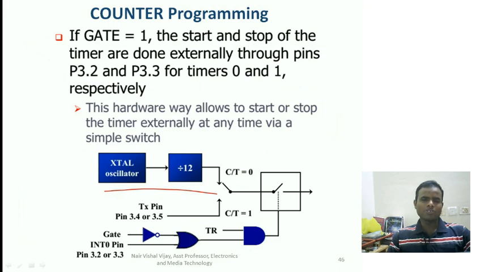The TMOD register is used to configure those timers, and in the TCON register you have bits like TR and TF. TR is used for running your timer, and TF is a bit used for checking if the timer has completed one iteration. So this is basically how your timer runs and functions. There is a way to program it, and programming is very simple. If you understand the structure of your timer modes, you can easily program the timer for any required operation. So that's all about timers.